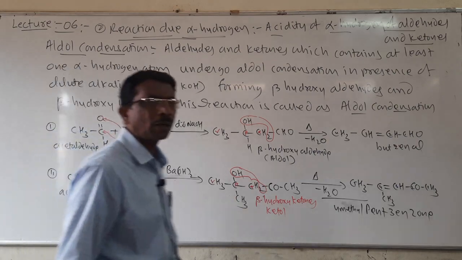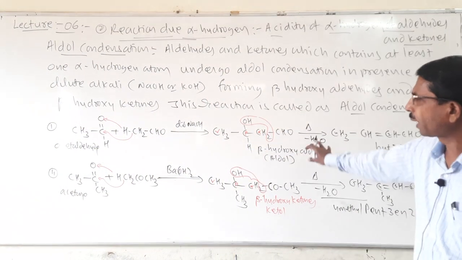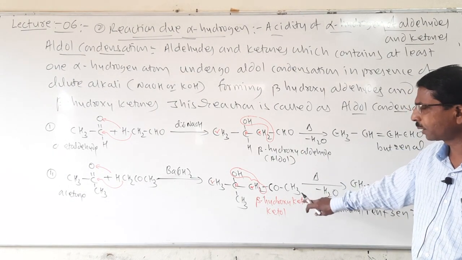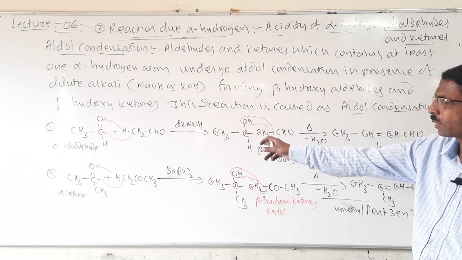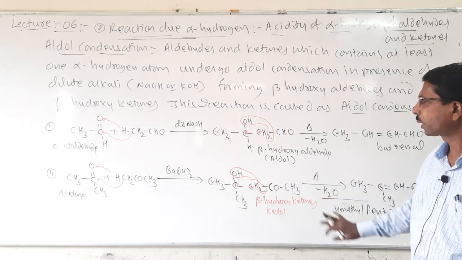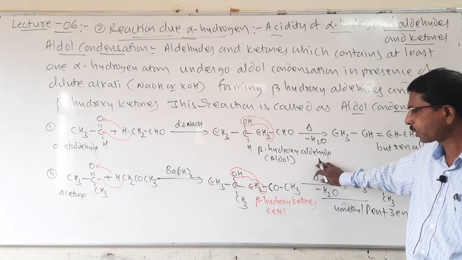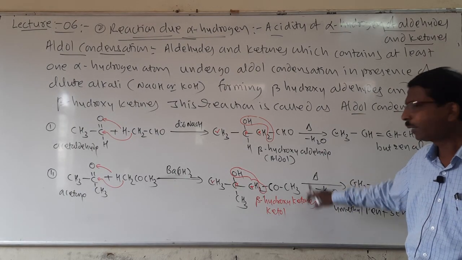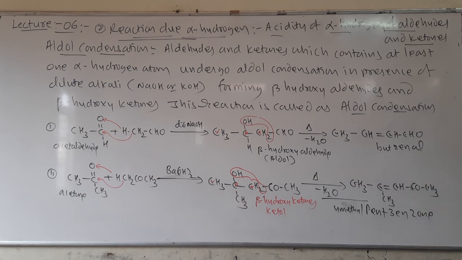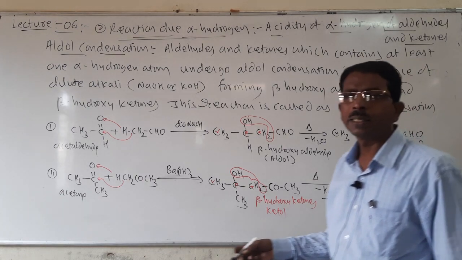So look here, students, it is called aldol condensation. You may write any one reaction. If they ask acetaldehyde, you write acetaldehyde, and if they ask acetone, you write acetone. Here 2 aldehyde or 2 ketone molecules undergo condensation, called aldol condensation, forming beta hydroxyaldehyde and beta hydroxyketones. And these products, when heated, lose a water molecule, forming the respective but-2-enal and methylpent-3-en-2-one. So it is a ketonic group and an aldehyde group. So here it is called aldol condensation.